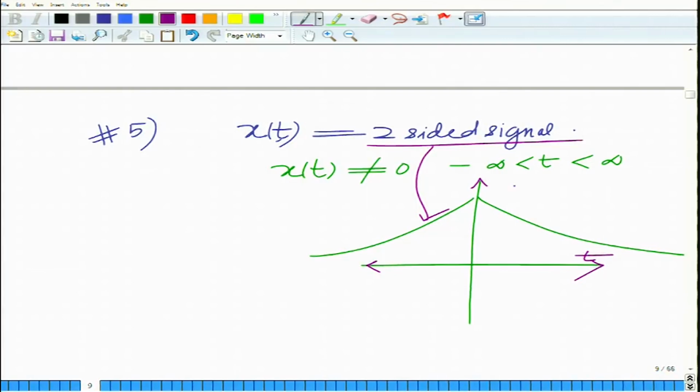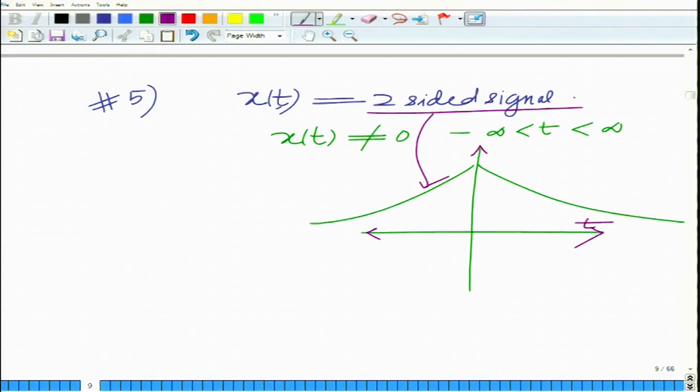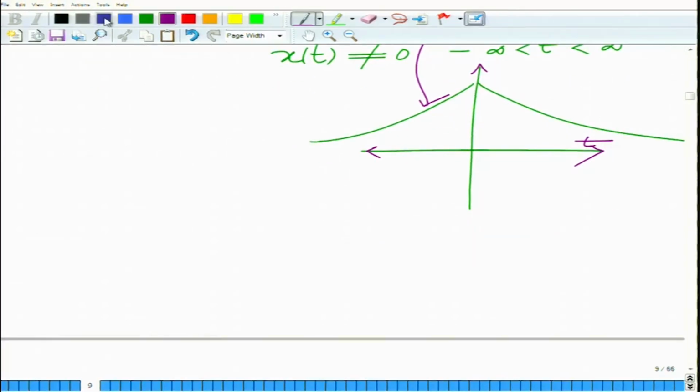This is the time axis, and this is where x(t) is non-zero. Then the ROC is of the form